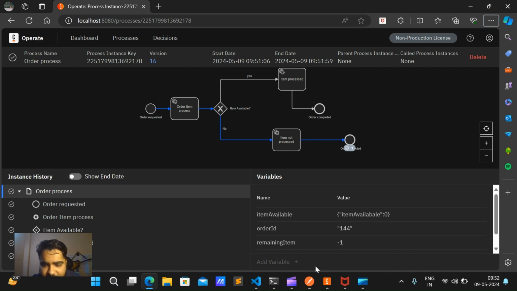Got it. So this is the basic Camunda workflow that you can also create locally and run. If you find any problem while creating a BPMN workflow and using Camunda, let me know